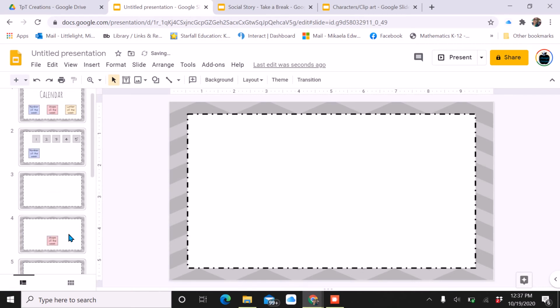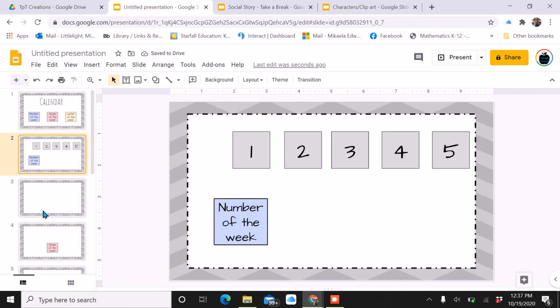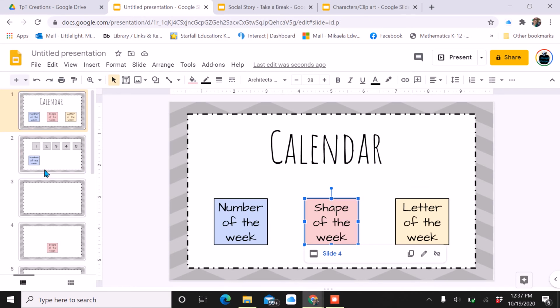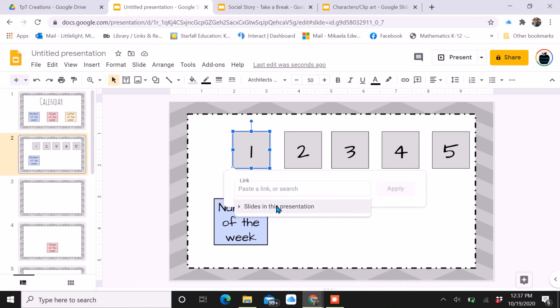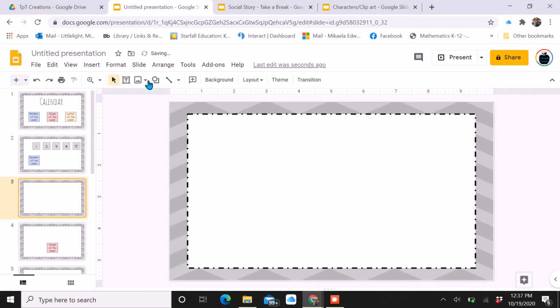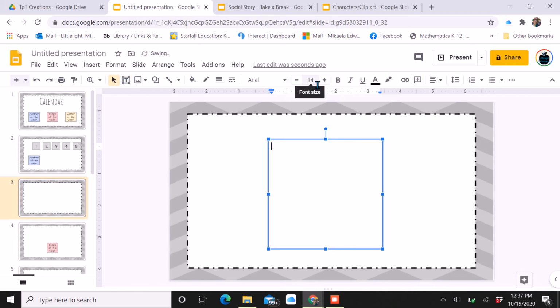So now you'll link number of the week. You'll have, let's say he chooses 1. So you want to link, Control K, number 1 to slide 3. That will have a big giant 1. And you guys can talk about it in class. You can have them draw the number 1, however you want to do it. Perfect. So now it's linked,